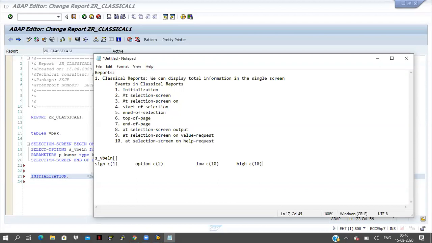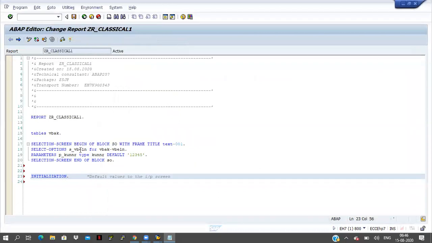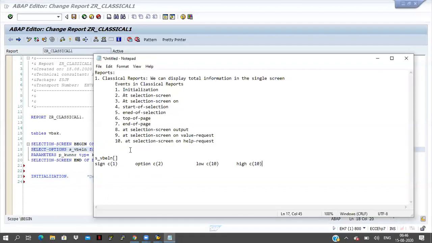So it will create one internal table. Whenever you write SELECT-OPTIONS s_vbeln FOR vbak-vbeln, in the back end it will create one internal table by the name of S_VBELN. The structure will be like this: sign character 1, option character 2, low character 10 and high character 10. So with these 4 columns, it will create one internal table.